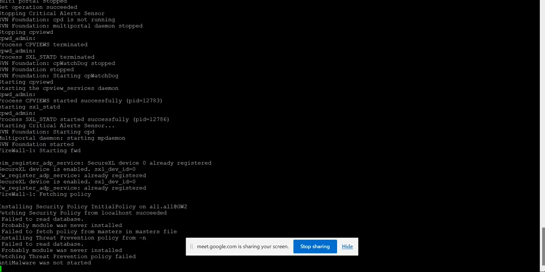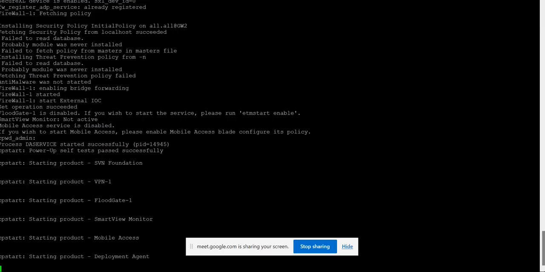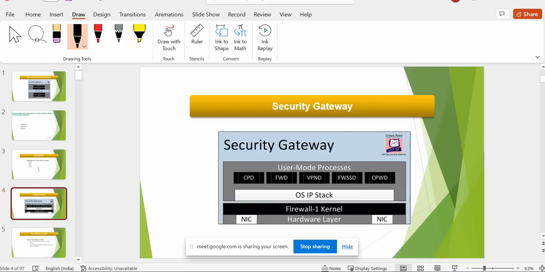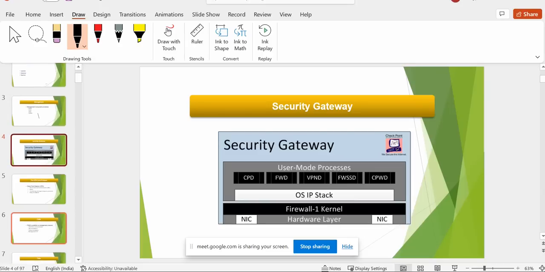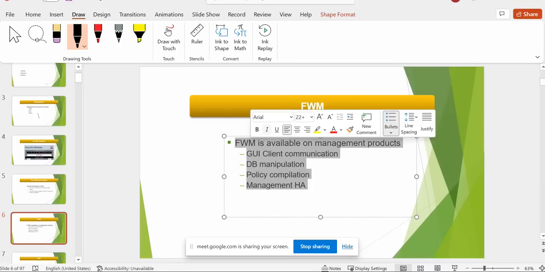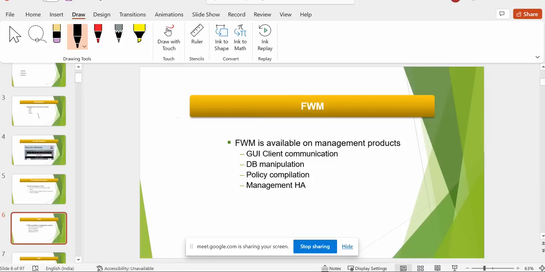Depends on which processes we are talking about. So the FWM process is more of a management process. For example, if we learn about this process, it's more of your management process. Most of the time when you debug issues related to